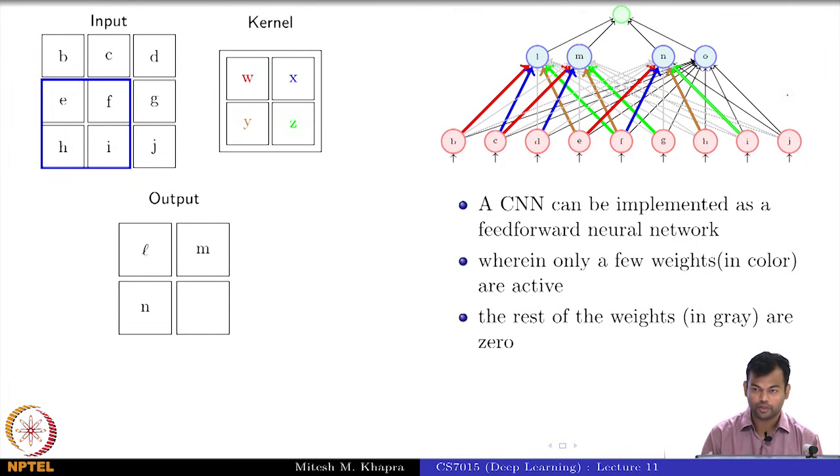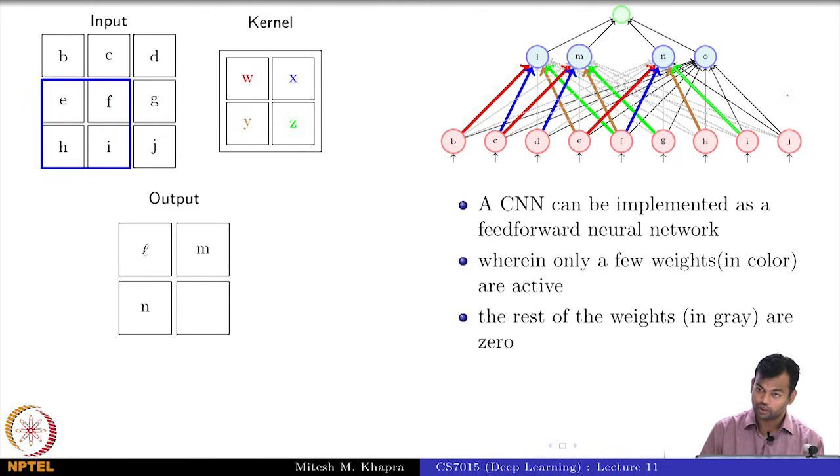But in practice, of course, you will not do this. In practice, you will define the convolution operation. You'll also define the derivative of the convolution operation and then use that, right? Because that would be much more efficient. This is very inefficient, right? Because you are assuming that there is a fully connected network and then some things don't exist there. So that's the whole point, right? I mean, you wanted to avoid such dense connections, right? But in principle, you could have just used this and trained the convolutional neural network.